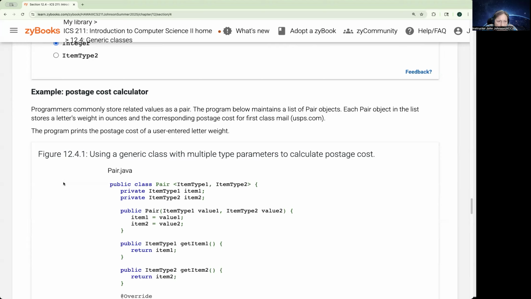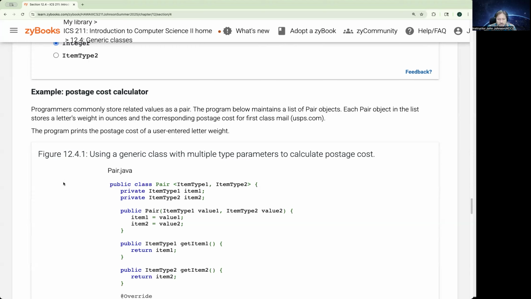What we can do with this is create what in other languages we call dictionaries. You'll hear about dictionaries where you're associating keys with items. So if we're doing something like this with this pair class that we're talking about, we can create dictionaries in a way. Dictionaries can be used for anything. They get the name because you have a word and then it has meaning, but you can also use it to keep, let's say,